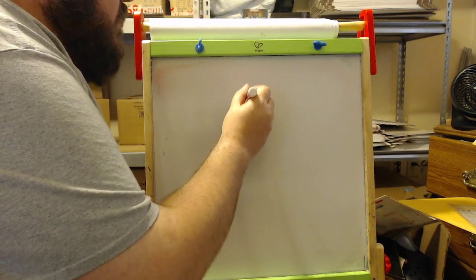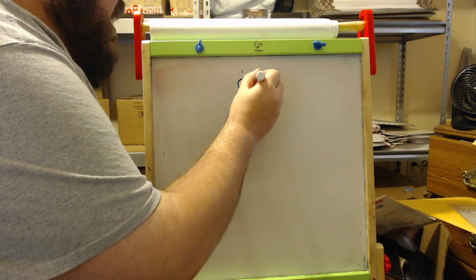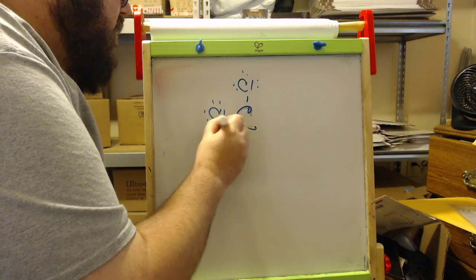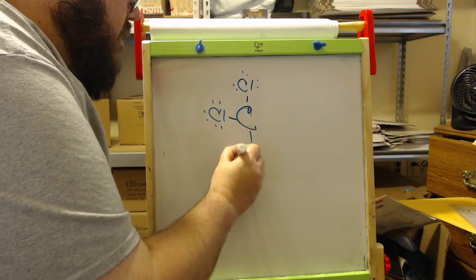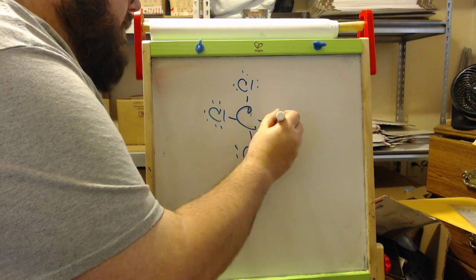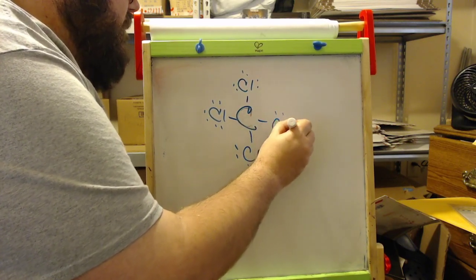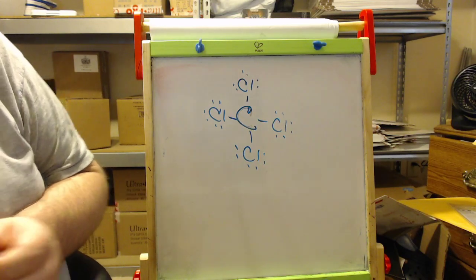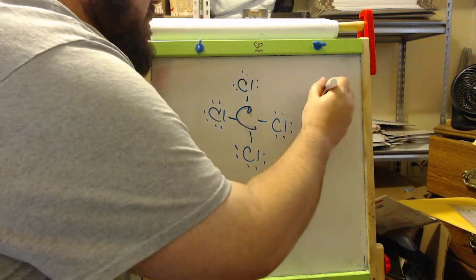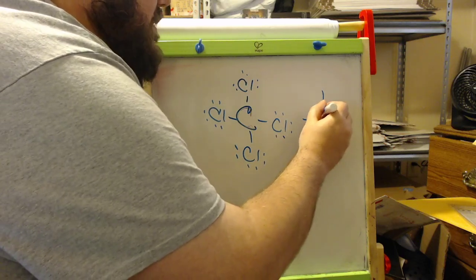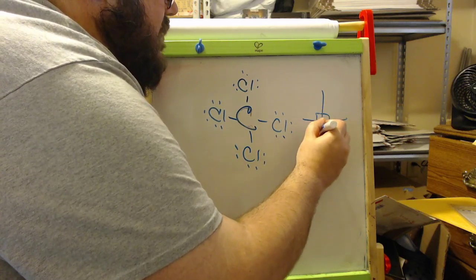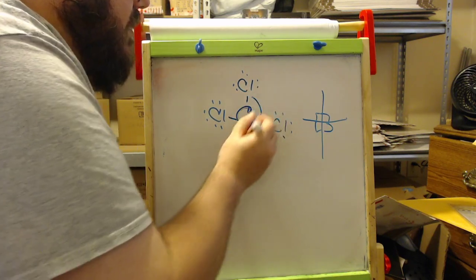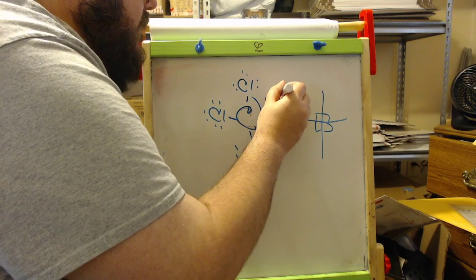All right, carbon tetrachloride, or methane for that matter. If we draw out the 2D structure, the Lewis structure, and get the correct formal charges, carbon tetrachloride should look like this. It looks like a cross with 90-degree angles all around it. But in reality, the bond angle between here, here, and here is 109.5.